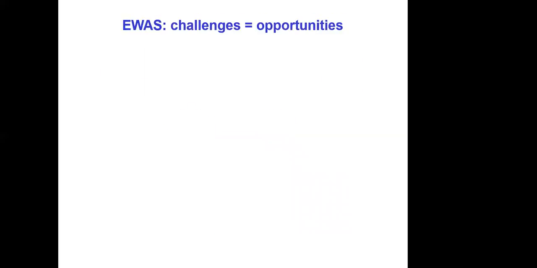But first, how is an EWAS different from GWAS? It has some challenges compared to GWAS, but I would say those challenges are also opportunities. So one challenge is that you need to profile the disease-relevant tissue. You don't care about the epigenome of, say, a blood cell if the disease you're looking at has nothing to do with blood. Well, let's say autism. It's not quite true that autism has nothing to do with blood, but autism is mainly a brain disorder. So you could say EWAS looking at blood for autism doesn't make sense. You want to look at brain, ideally.